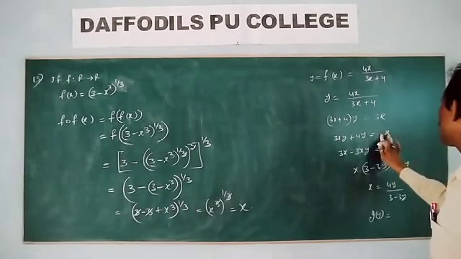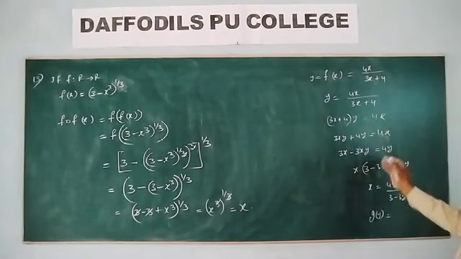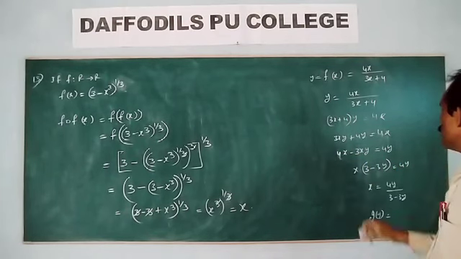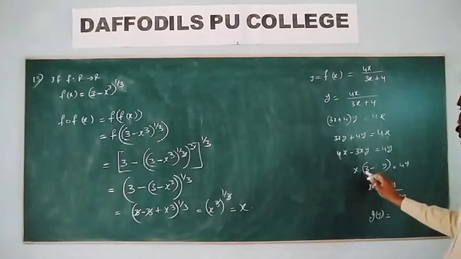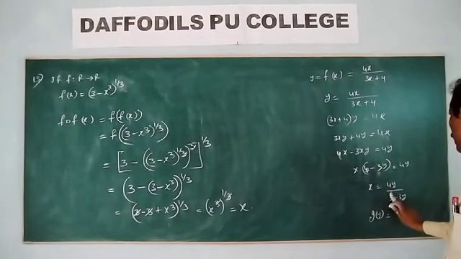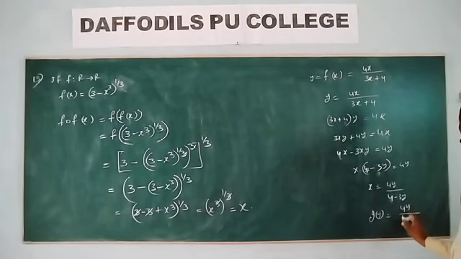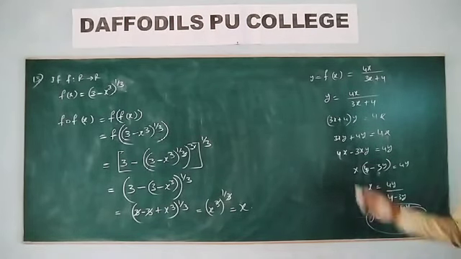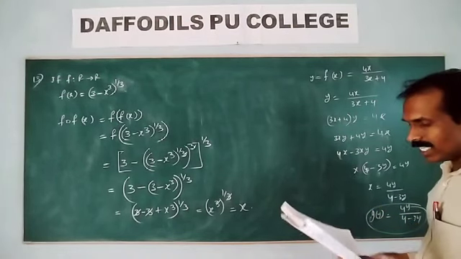Sorry, here it is 4x. Here is a mistake. So then 3xy will be taken to this side, means here 4x. X into 4 minus 3y. Here 4 minus 3y. So this is 4y by 4 minus 3y. Right, this is the inverse. For a 1 mark CET multiple choice question, it is directly this one. This is the inverse g of y.